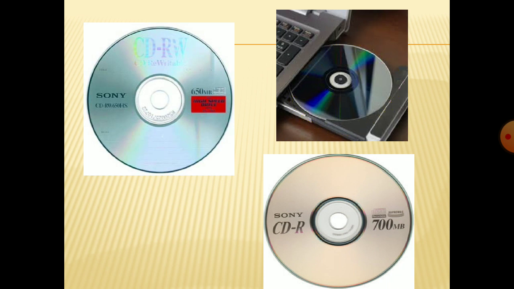Like this, for floppy disk insertion, a small drive will be there. If you push it, it will come out, and you put the CD in again, push it back, it will go inside, and it will get read. Can you see this shining area? This is what all your CDs are made of. And can you see this darker area? In this darker area the data is stored. After burning, it will become dark in color. So this is all about your CD.